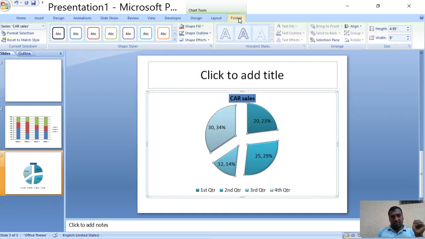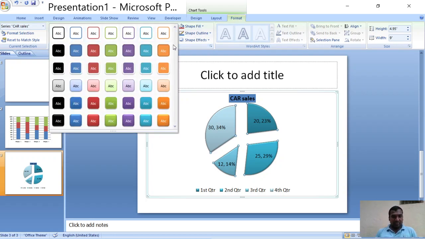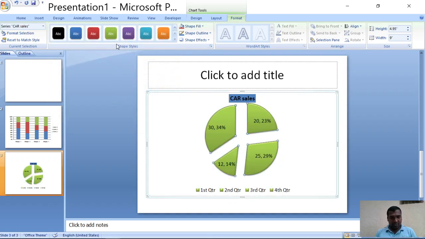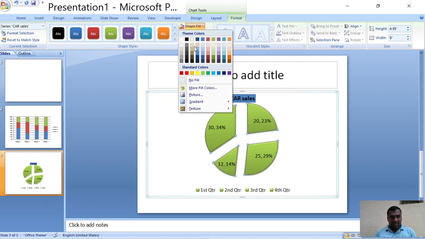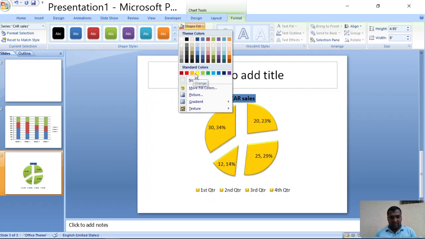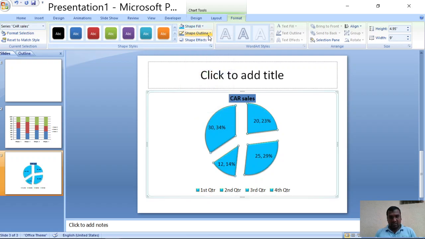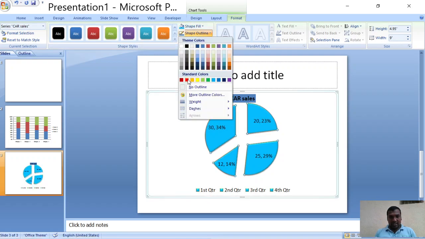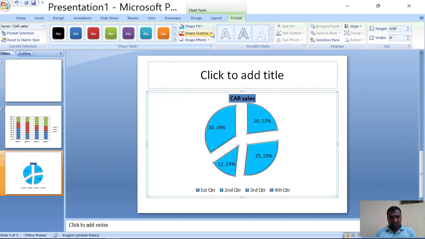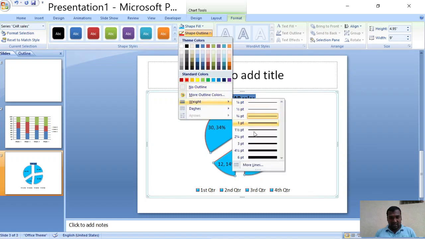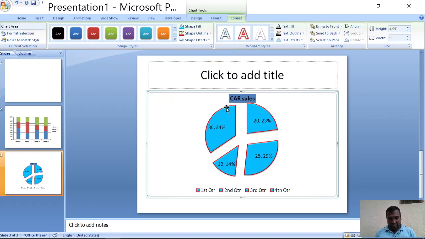And coming to the formatting tab, here we have shape style. So you can choose any one of the shape styles. We can choose the shape color. So you can observe the diagram. You can give the outline by choosing some weight. You can observe here effectively the outline of these chart elements is highlighted with red color.